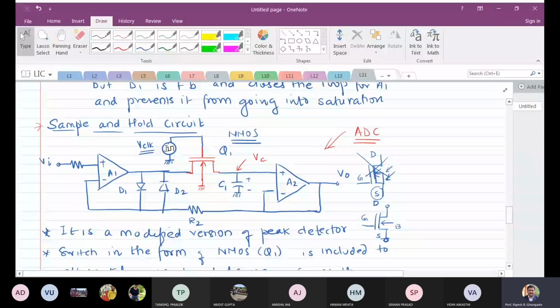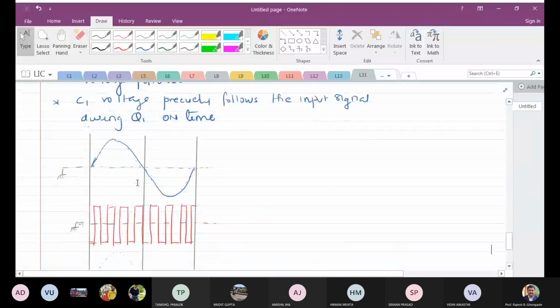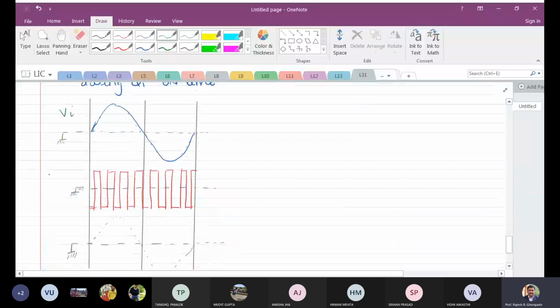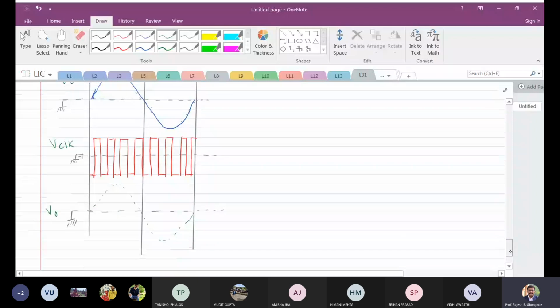Now, all of you know that whenever I want to sample things, I'm supposed to have a reference clock. Now, based on this reference clock, am I audible, all of you? Yes, sir. So this reference clock will be the sampling clock signal, and what we are supposed to sample is Vi. So correspondingly, we must get samples in accordance with the clock. So this is your input signal Vi. This is VCLK, and we are looking at the output. So what we'll see, the output is of this nature.